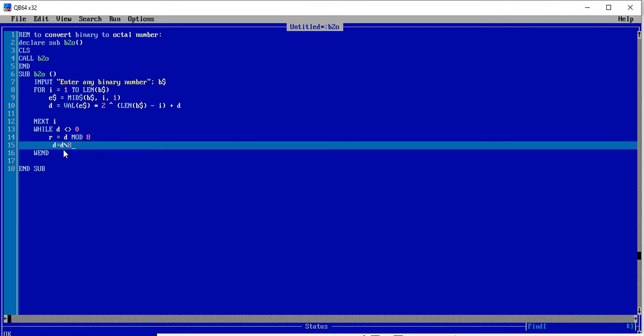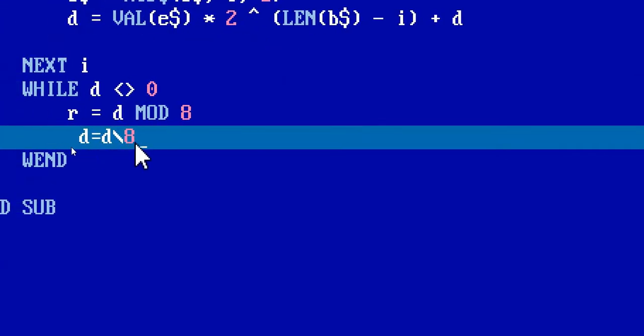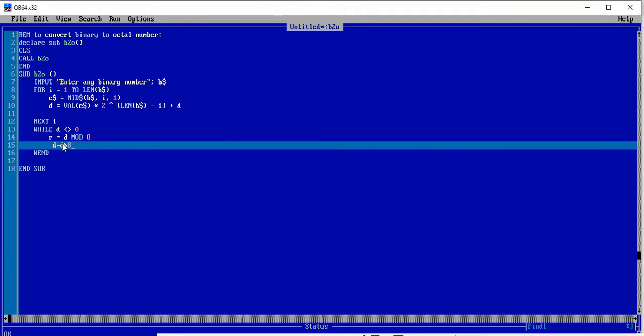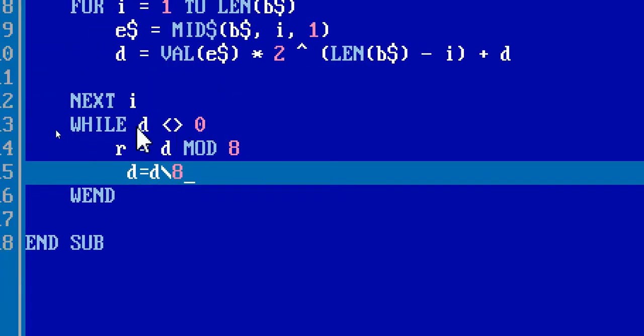If we do this integer division by 8, then only the integer part will be returned, and the remainder part will be stored here in the R, and the integer part, that is the quotient, will be stored here in the D, and the D will be processed again. Here in the while loop, this D will go here and further processing will be done.